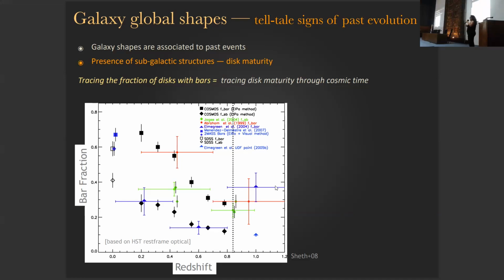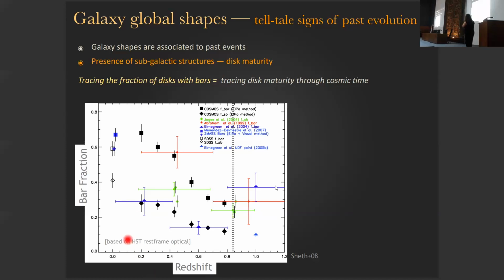And there has been quite a bit of interest along the years to look at the presence of bars, looking back in redshift. So basically, as I said, you expect disks to be more turbulent at higher redshift when they have actually just formed or are forming along the way. So they're thicker, more dynamically hot. There's more dispersion in these disks. They're more puffy. And the idea has been to actually look at the bar fraction.